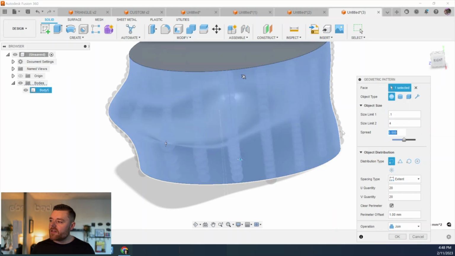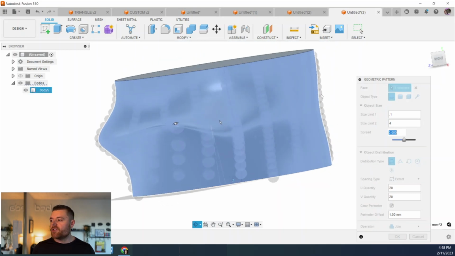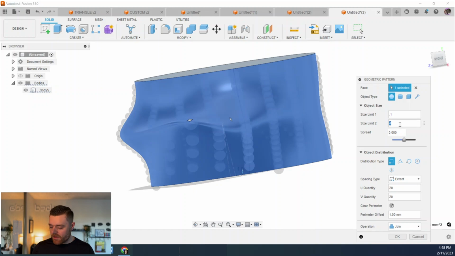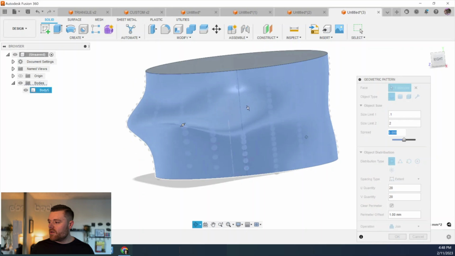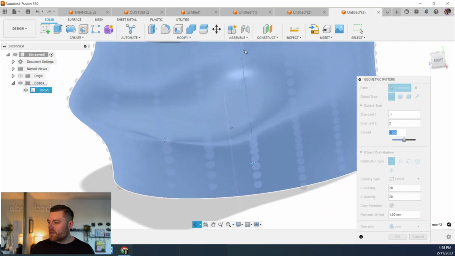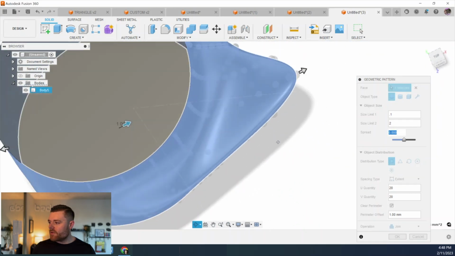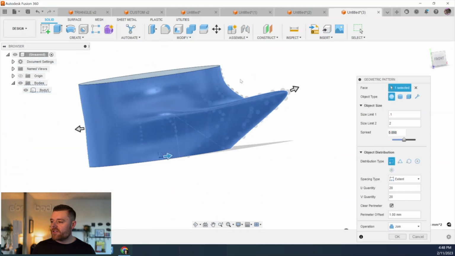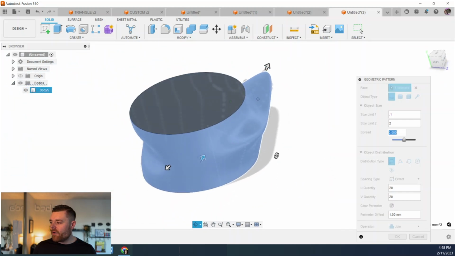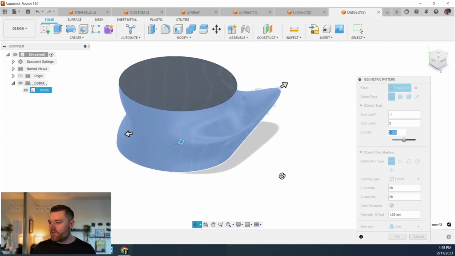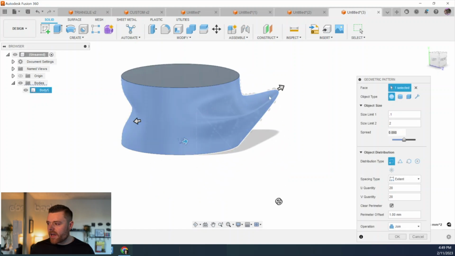You can kind of see that you want to bring your size limit 2 down a little bit if these geometries are conflicting with each other. Again, we want it to maybe be down even more. Let's go to 2. Okay. Looks pretty good. It's really hard to see where it's even bringing our size limit 1 from. It almost looks like it's patterning it from the back to the front,